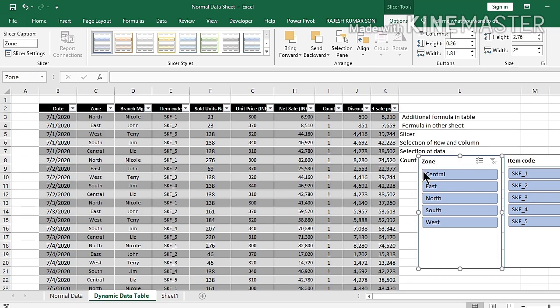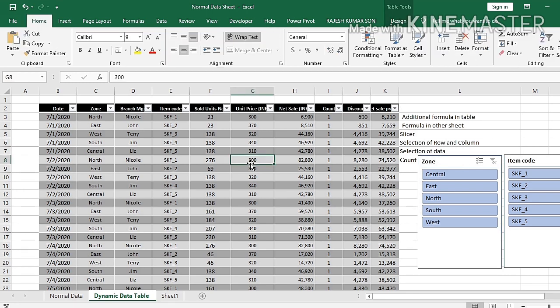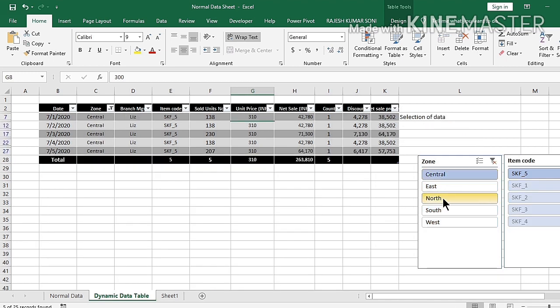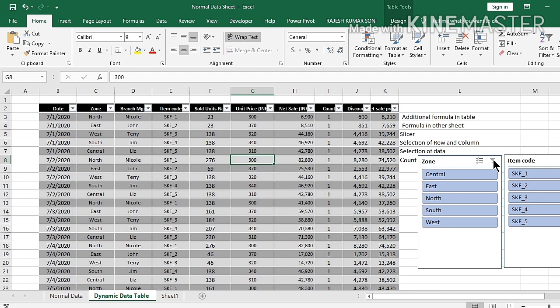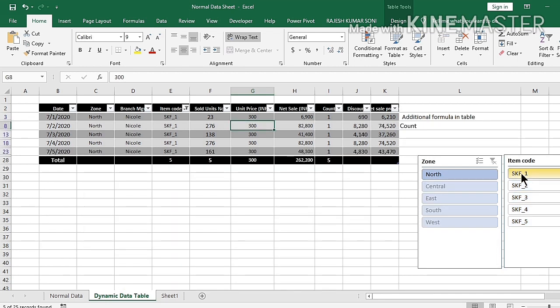What is the use of it? Suppose you have forwarded the data to somebody, and he wants to check only the central data. He just clicks the central. If we want to see the north data, or if you want to remove all the filters, then similarly, if you select the product SKF1, all the things will be shown as per your selection.